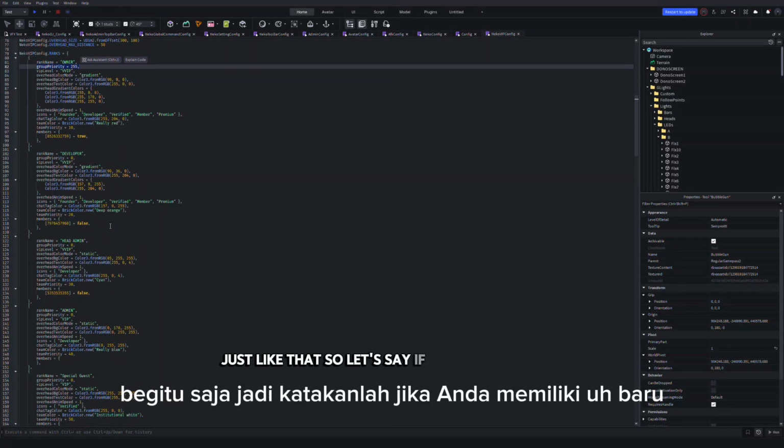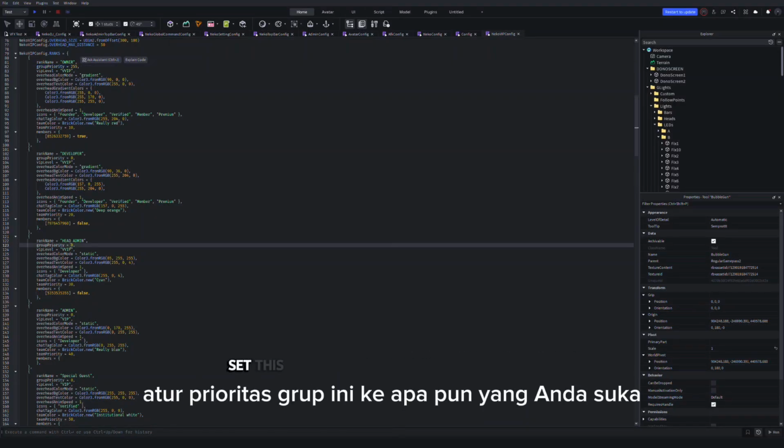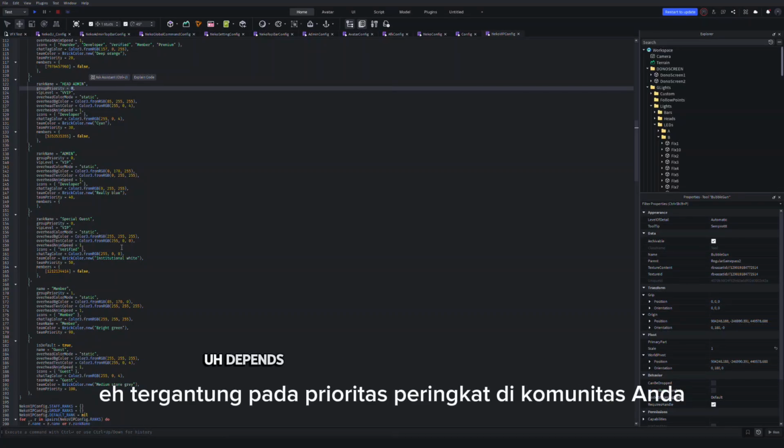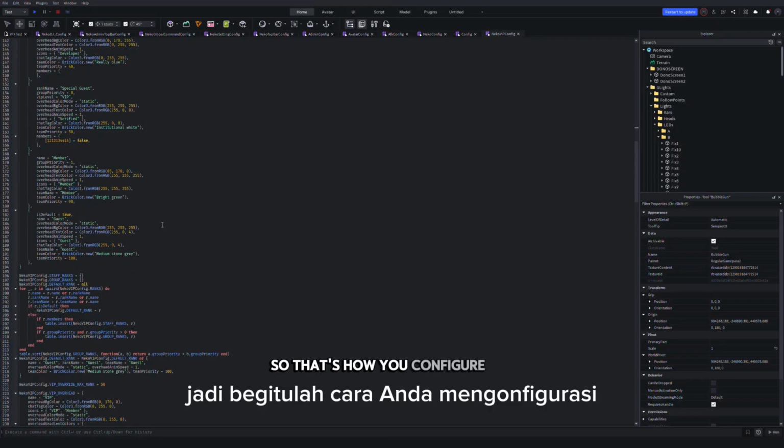So let's say if you have a new role or new priority for the group members and such, you can just set this group priority to whatever you like, depending on the rank priority in your community. So that's how you configure the